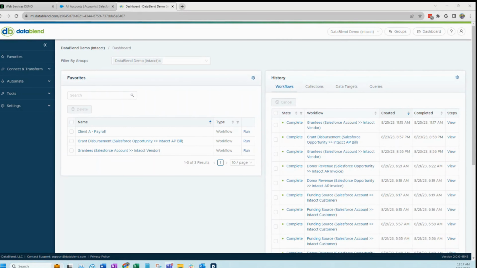Hello, my name is Zachary Griggs, and I'm going to take you through a demo of DataBlend and how it can integrate Sage Intacct and Salesforce, specific to a nonprofit use case where you're a foundation that is issuing grants